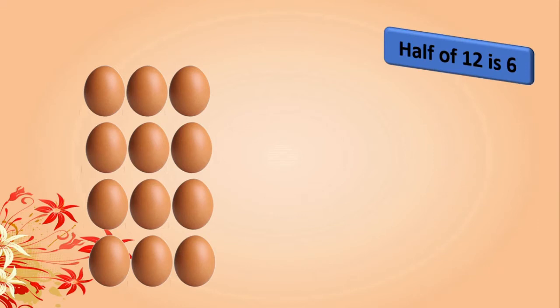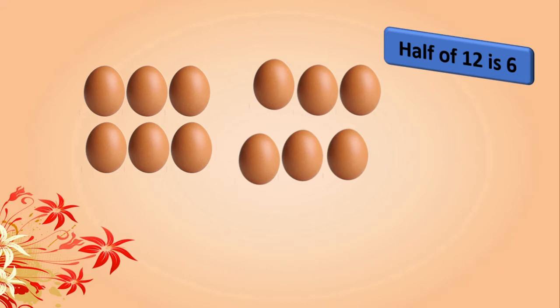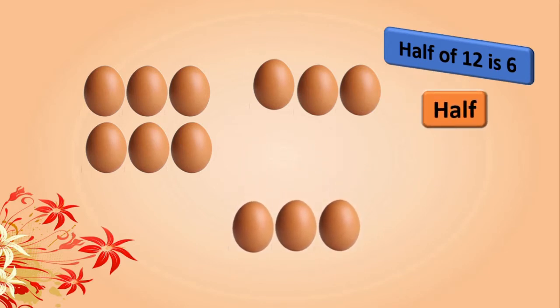Now see here, how many eggs do we have? We have 12 eggs. Okay, first we will do half of this. You know, half of 12 is nothing but 6. Okay, now we will try to make a quarter part of this. Yes, dear children, you know that quarter means half of half. Here half is nothing but 6. Correct? Now half of 6 is how much? Yes. Come on, tell me, 3.